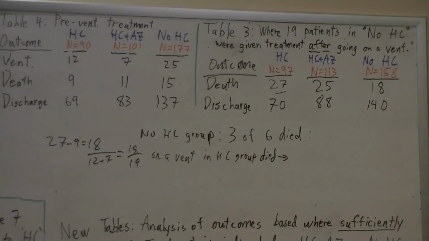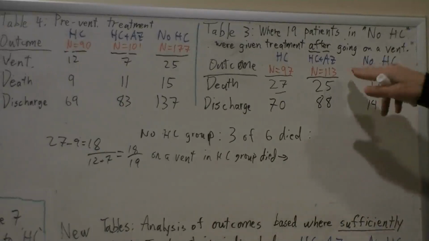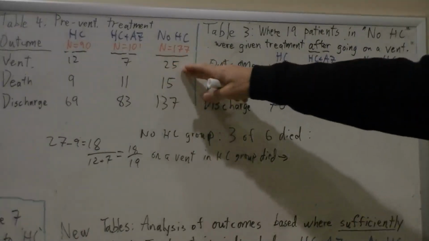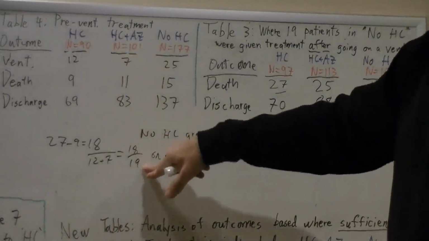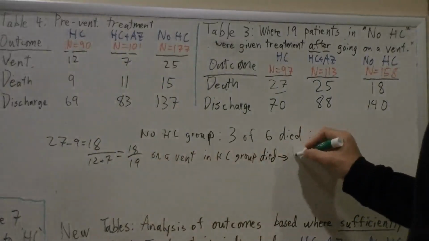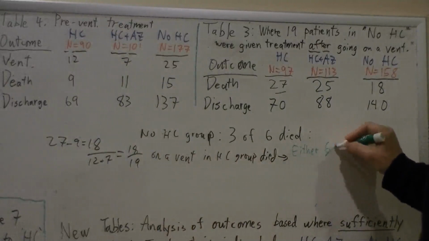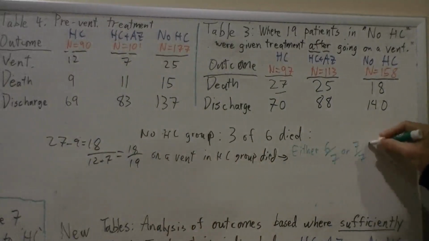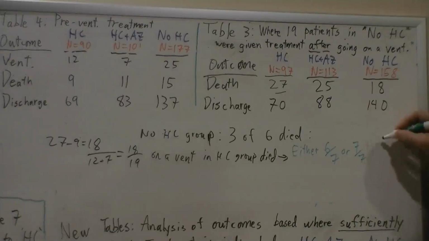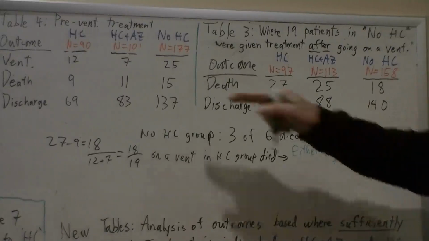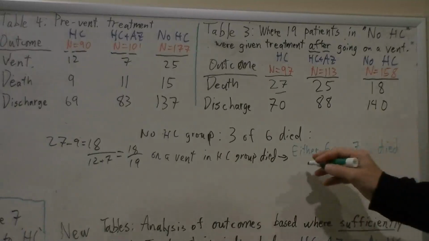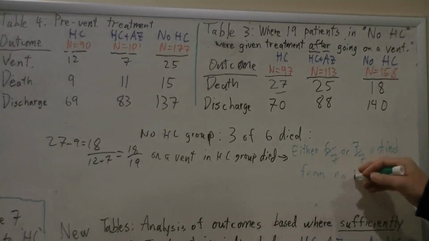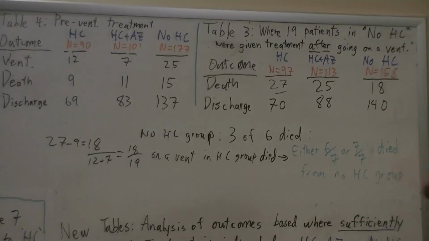what that means, if you think about the 19 that were transferred out of the HC group, so this 25 here, 19 were transferred out, 7 went here, and we know that 18 out of 19 total had died, so that means that either 6 of 7 or 7 of 7 in the no HC group originally died. So of the 7 transferred in, either 6 of 7 or 7 of 7 died from the no HC group. That's a high percentage, and that's probably worth a separate discussion by itself, but I don't want to